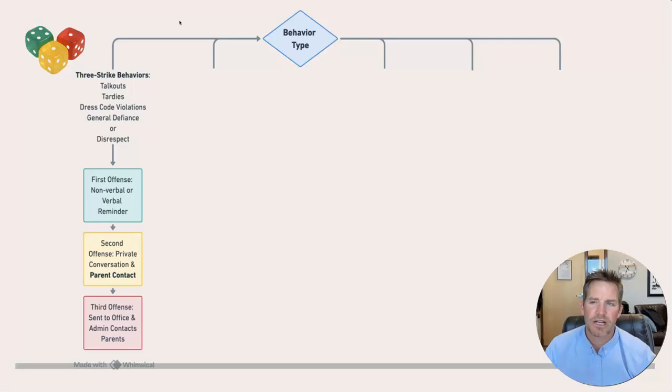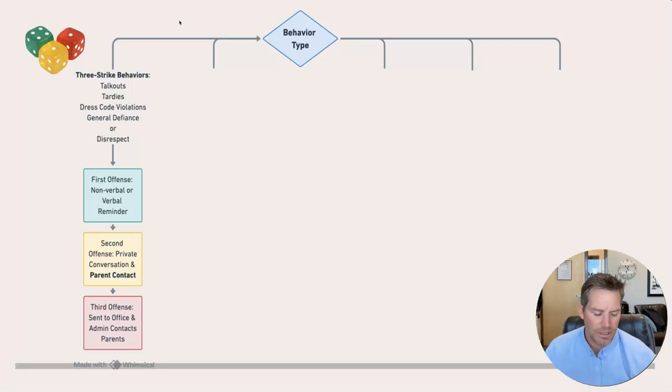This is a really effective strategy because they have a constant visual cue right in front of them on their desk. They know exactly how close they are to crossing that line into office referral territory. And I know from experience that this works. So if you get to that second offense, maybe this is a strategy or something similar that you develop that you could pull out. If they do cross the line and they get to that third strike, we do want to send them to the office. And at that point, I'm going to contact parents and administer whatever consequences are appropriate in our tiered system. And I'll talk more about that in a minute.